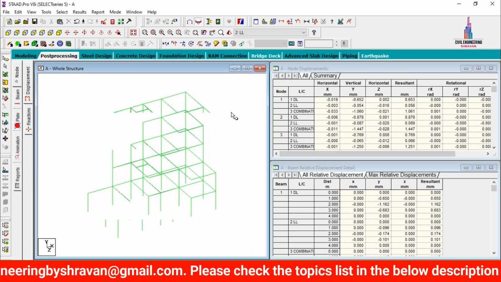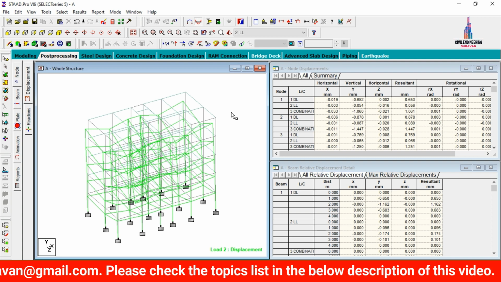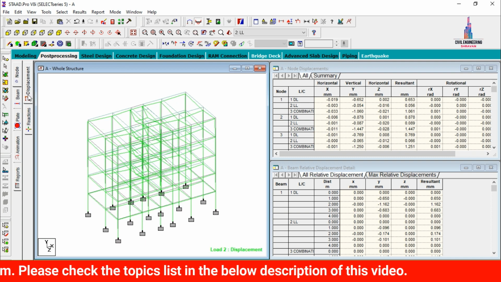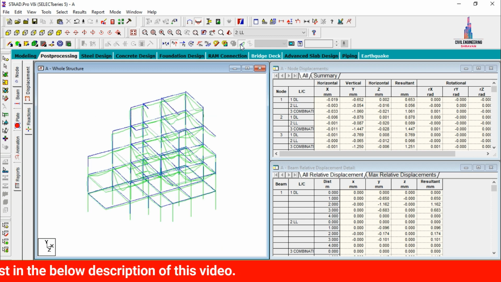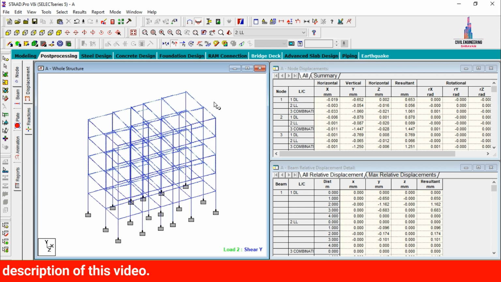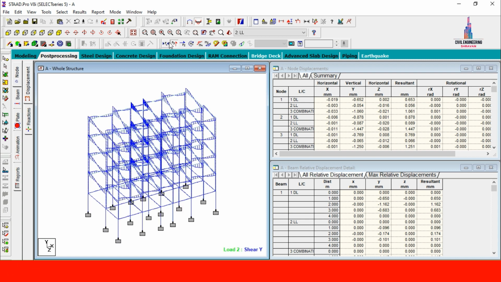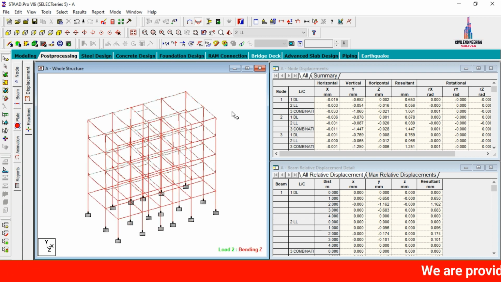Now you can see this is the deflection value diagram for this respective section. After that we have to see the shear force diagram. So select Fy value. This is the shear force diagram for this respective structure. In the same process, we have to consider the bending moment diagram also. Let us consider Mz value. So this is the bending moment diagram for this respective structure.